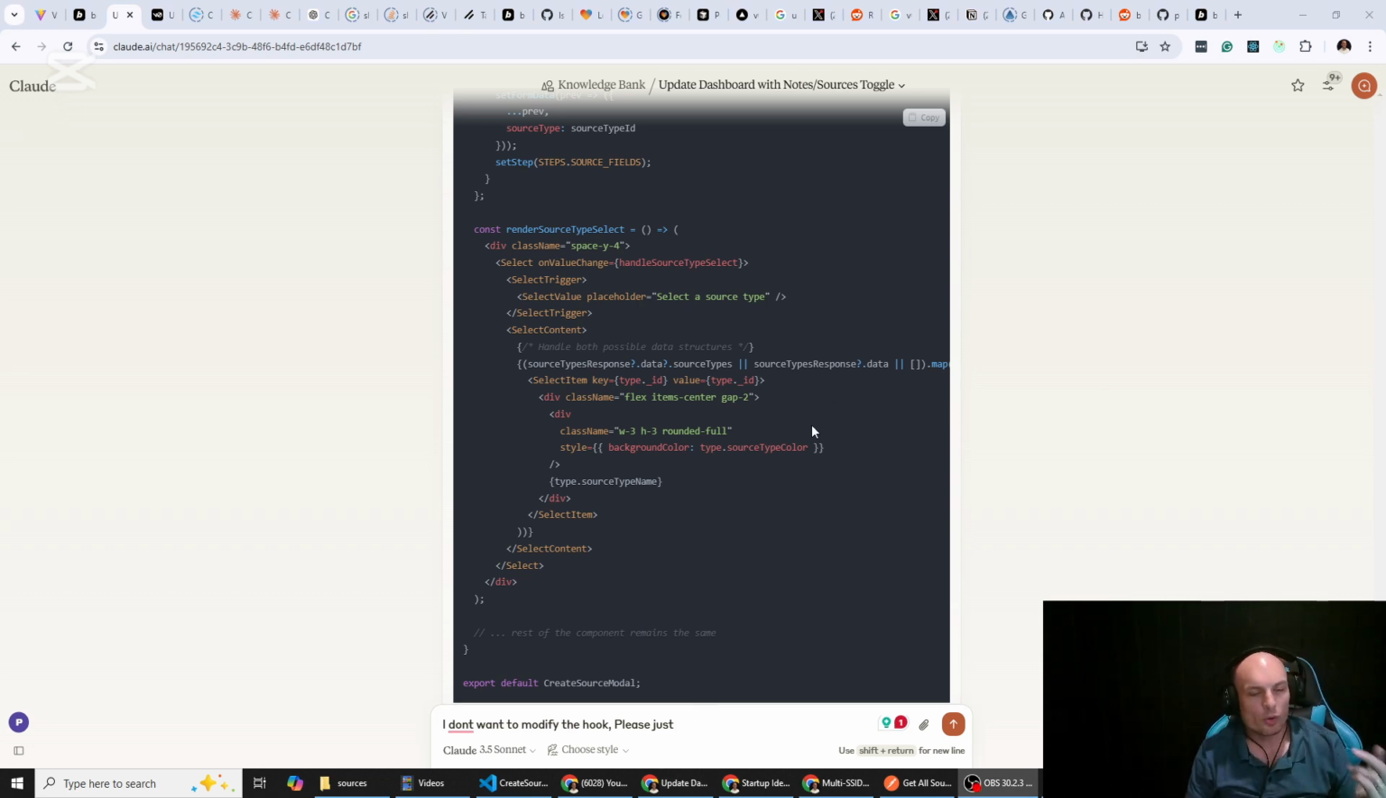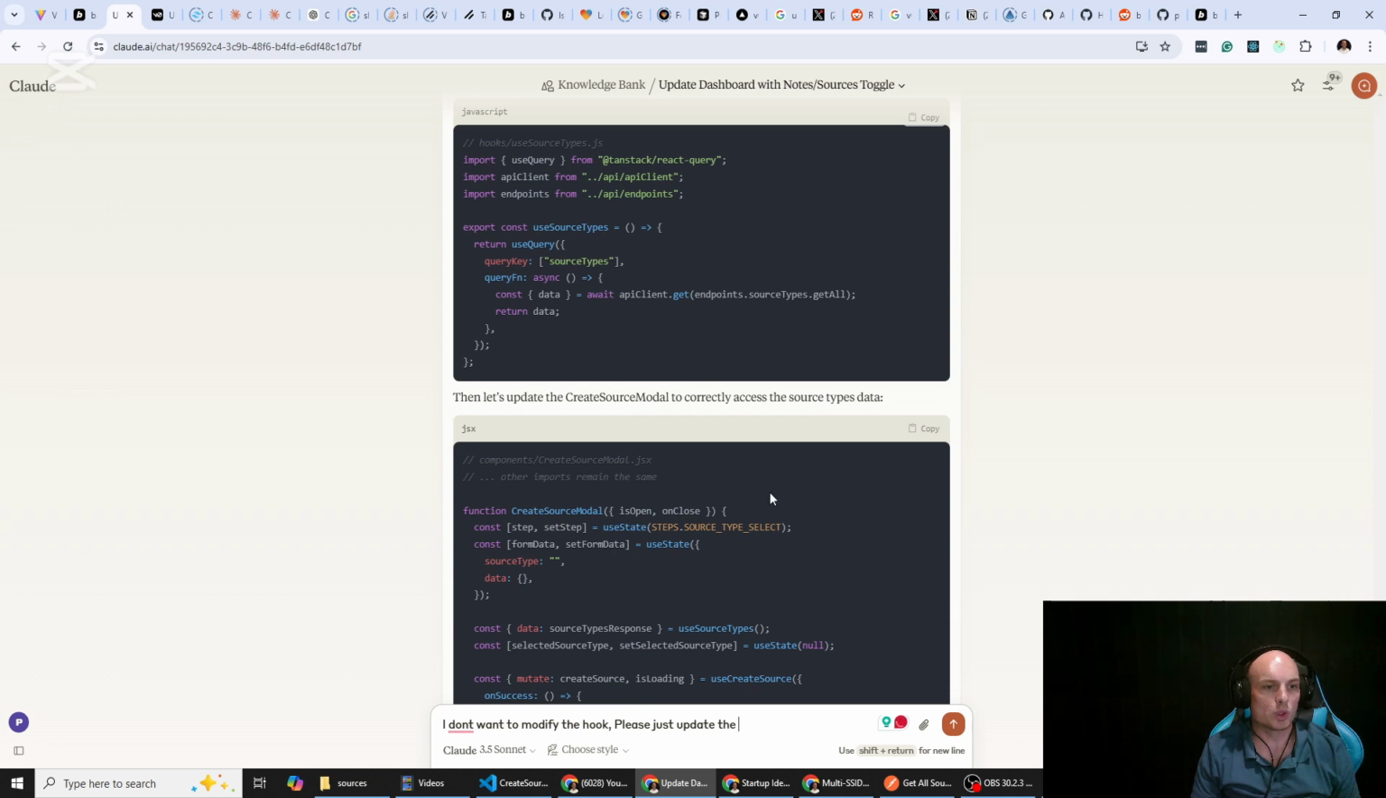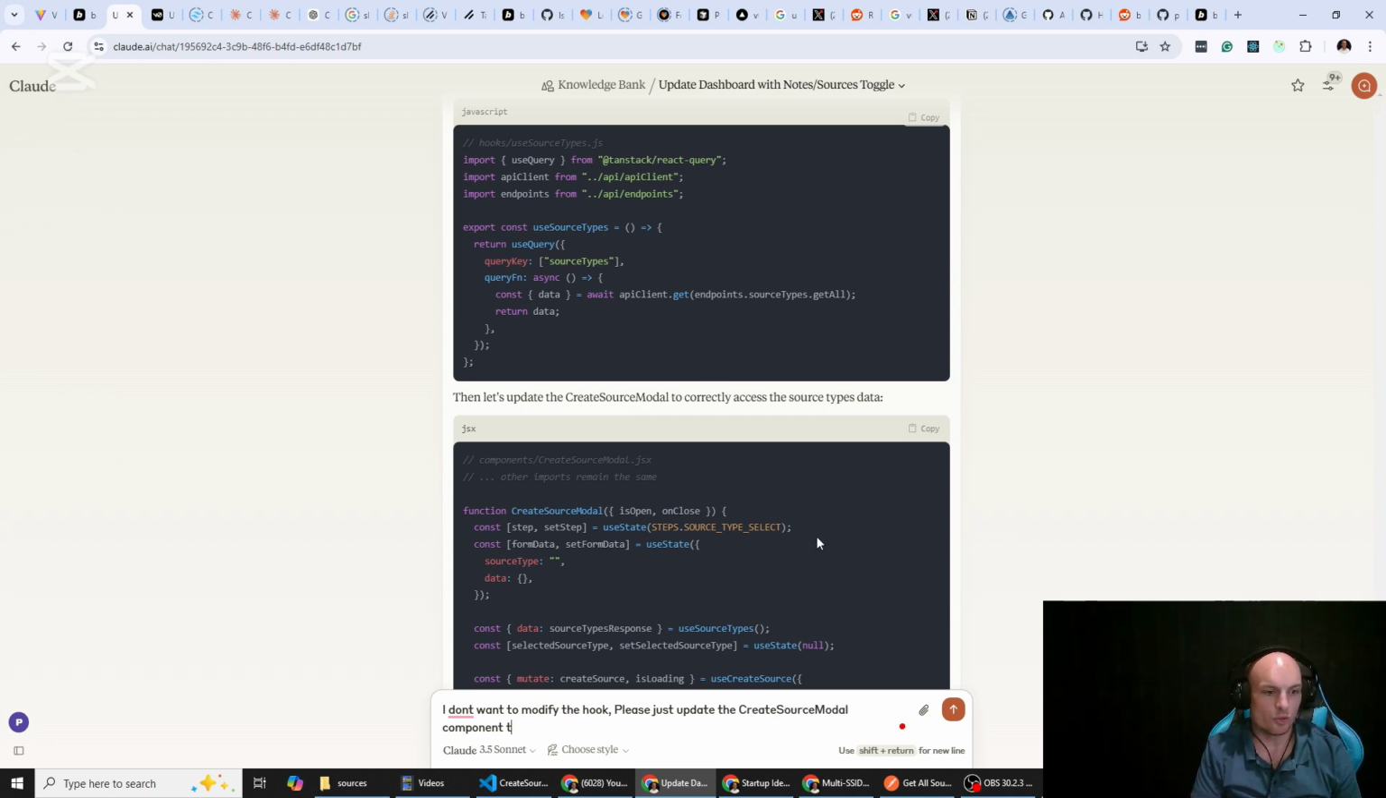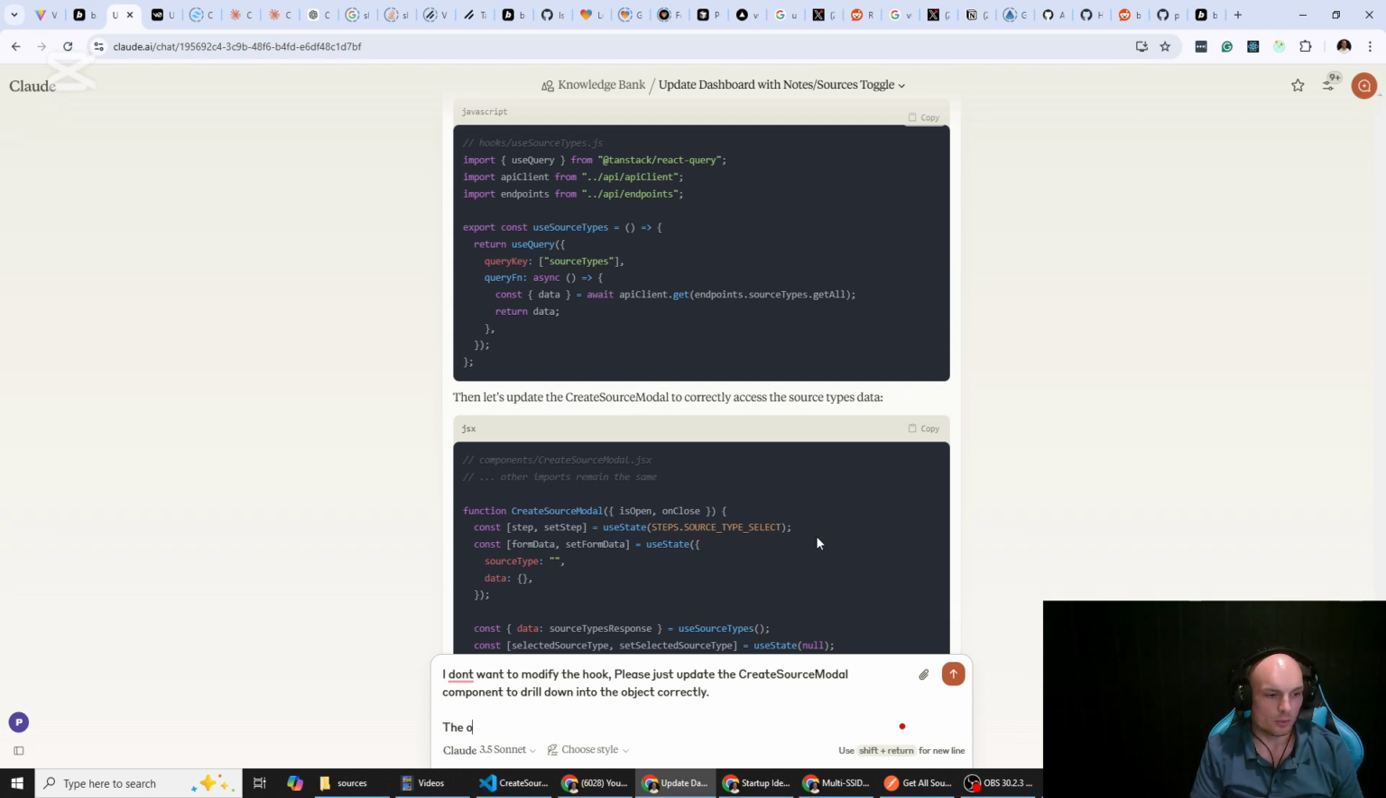Okay, just continuing. So I don't want to modify the hook because it's used elsewhere. So I'm saying I don't want to modify the hook. Please just update the component, create a source modal component to drill down into the object correctly. The object appears as